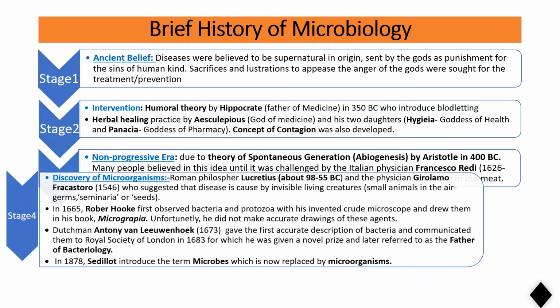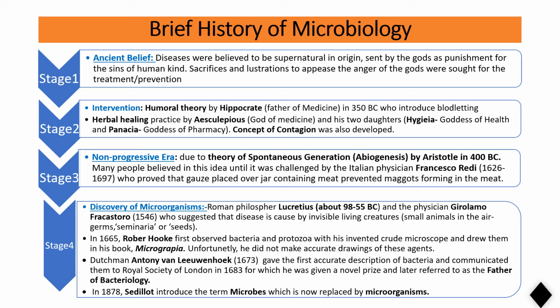Now, the next stage is the era of discovery of microorganisms. Discovery of microorganisms started with the work of some investigators, such as the Roman philosopher Lucretius, about 100 BC, and physician scientist Girolamo Fracastoro, who suggested that diseases are caused by invisible living creatures, invisible small animals in the air, called germs or seminaria or seed as they describe them. However, not much progress was made